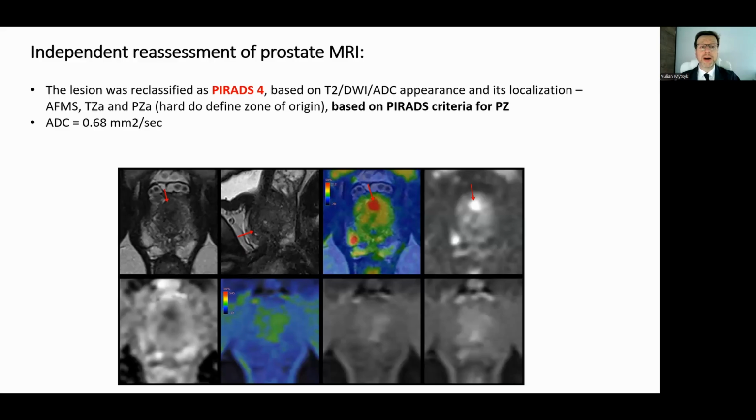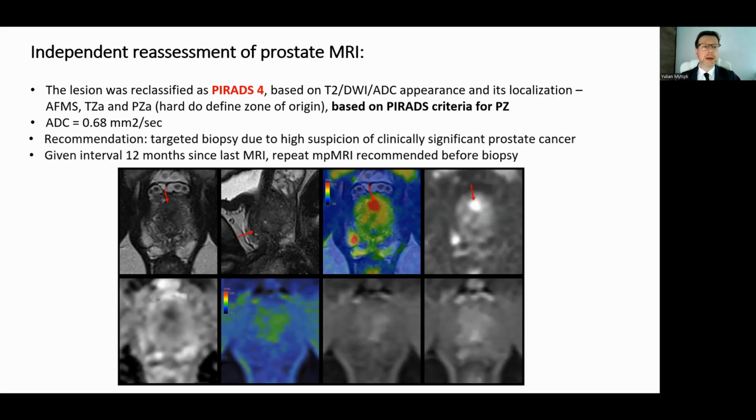It was hard to define the zone of origin. Based on this, we used the criteria for the peripheral zone, and the ADC value of the lesion was very low, 0.68. As a result, the patient was recommended to undergo a targeted biopsy due to the high suspicion of clinically